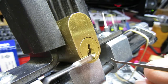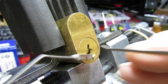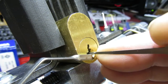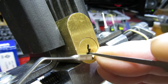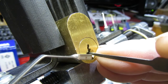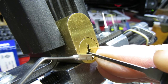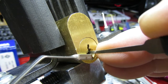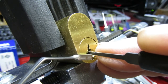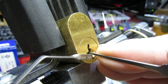So we'll start at the front. If I can get my tension wrench to work. There we go. Number one is binding. Little click off there. Two. Click on 2, nothing on 3, 4, 5, 6,